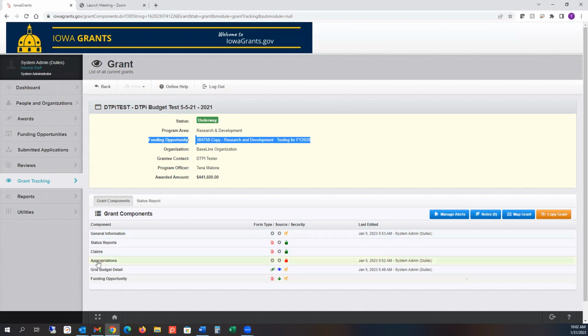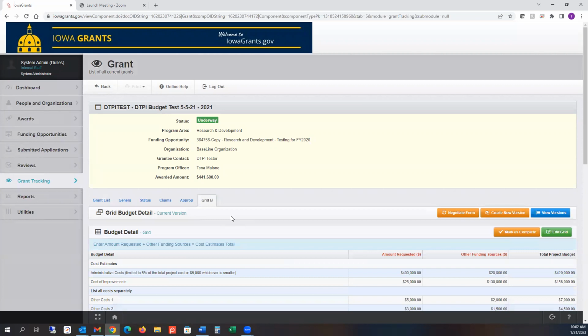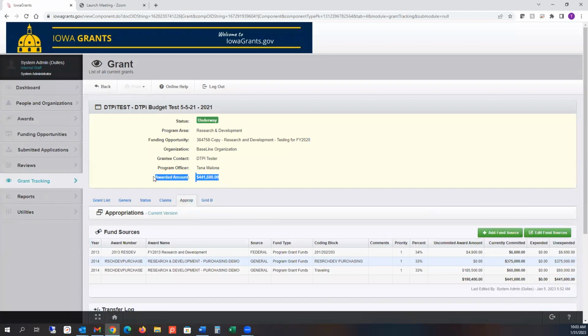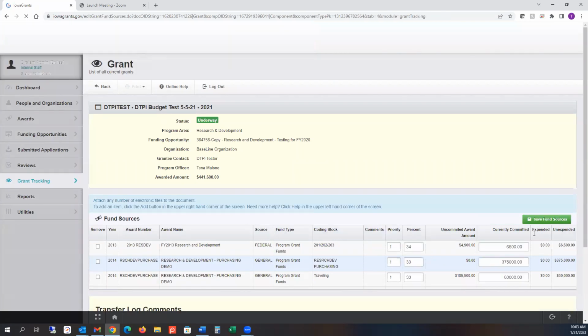So what I've first done is I've set up, of course, my budget. So I just created a grid budget, figured this would be the easiest. And then what I did from there is I set up my appropriations equal to the awarded amount. So I want to talk a little bit about the appropriations. If anyone new here has not heard this before, the new version, when we add our fund sources, which is the first step, and then our second step is to actually edit those and commit our